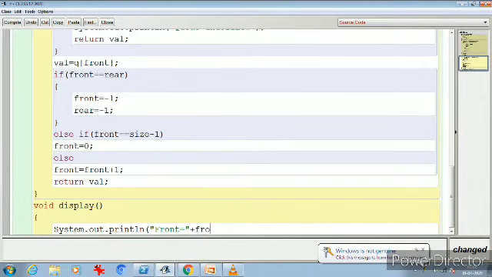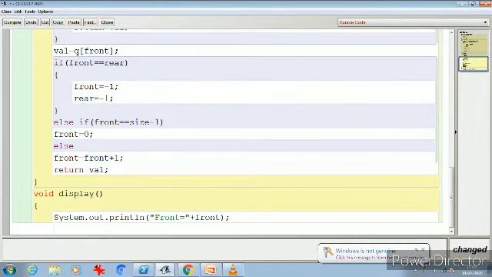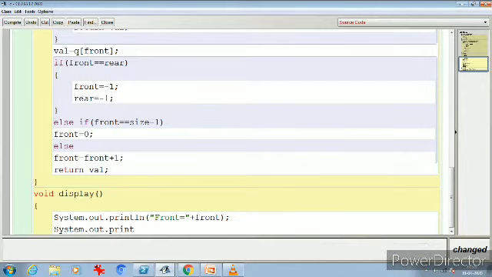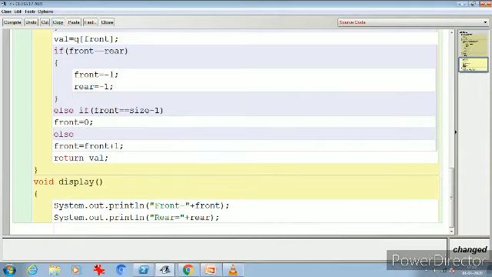It is not necessary, I am just doing it for you to understand it. So I am writing front equal to plus front. Similarly, System.out.println rear equal to plus rear, okay.